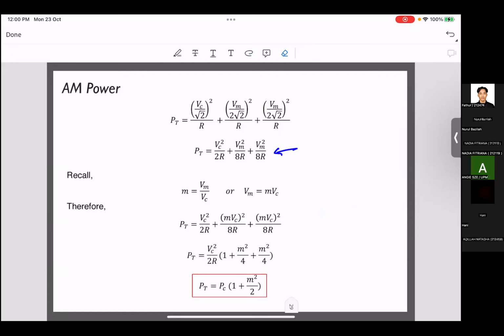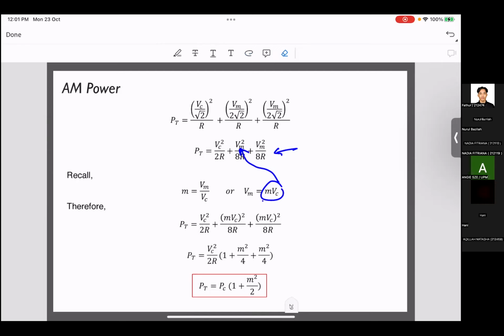So this is RMS. We got this from our RMS voltage to get our so-called average. Remember that we talked about m equals Vm over Vc, or Vm is equal to m Vc. Remember, Vm is a portion of Vc, so it's always m times Vc. So you can substitute that over here to replace Vm so that we have our equation